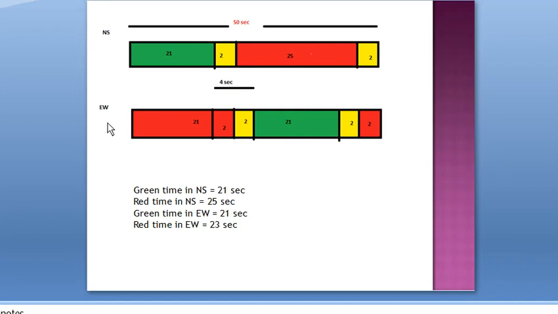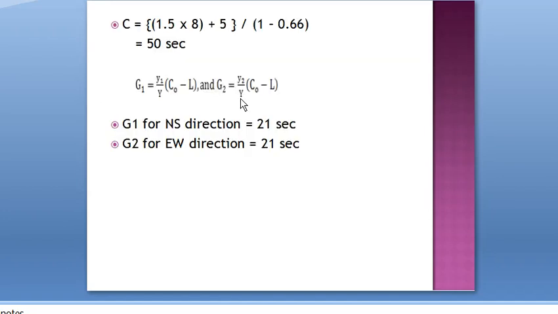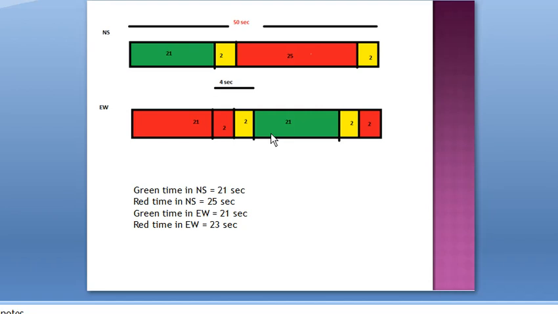Okay, next we have to draw phase diagram for east west. For that, the value here for east west direction is also 21 seconds, and here intergreen time is provided as 4 seconds. That's given in the question, that is intergreen time, the time between two green signals. Here it is the green signal, and from this the next green signal distance is 4 seconds. So from here you leave 4 seconds, and draw 21 as the green time. Okay, so here it comes 21. Then after green time you provide 2 seconds as the amber time.